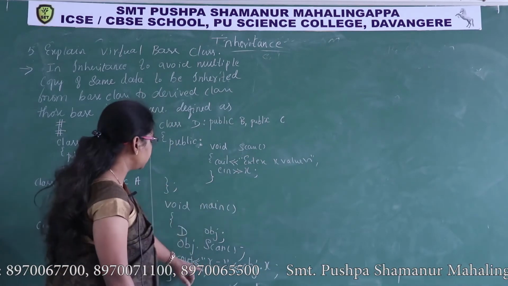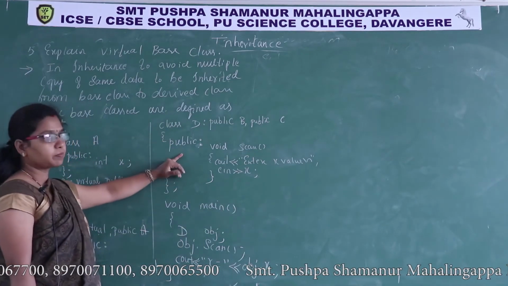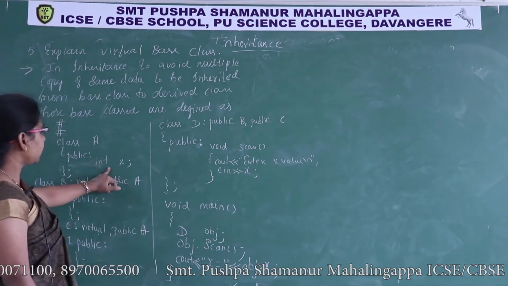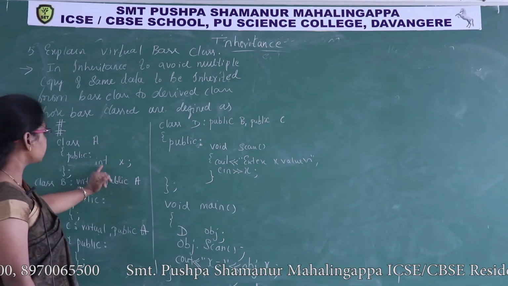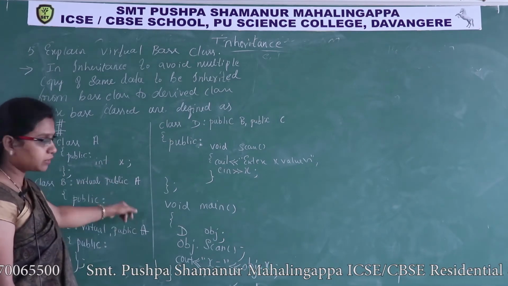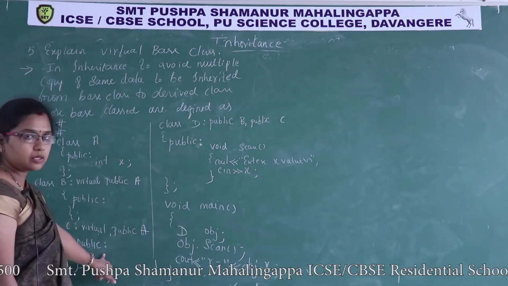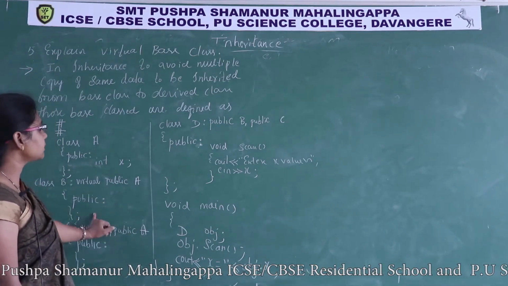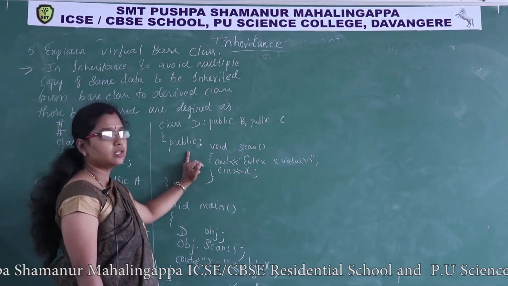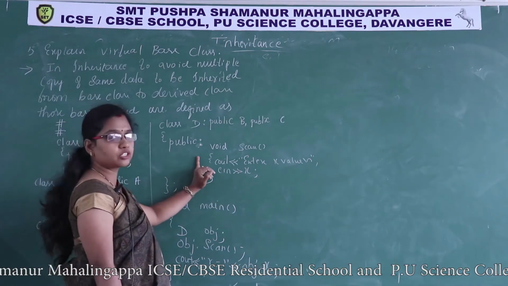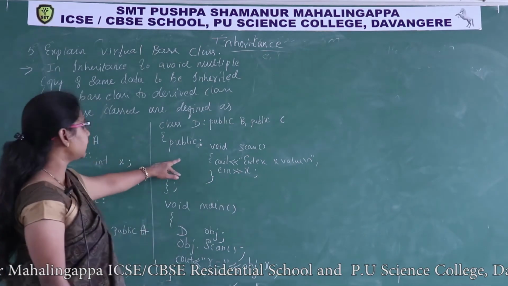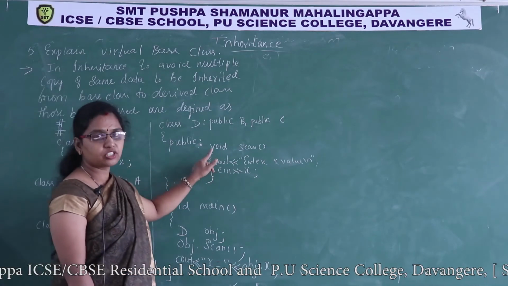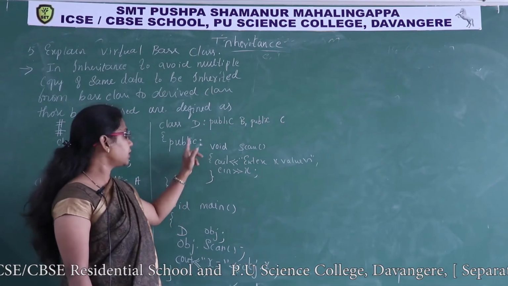So why I have taken here, see x belongs to public section, understood? So base class x value, x data member is inherited to class B, that too in a public section, and class C public section, and from any one of these classes the data will be inherited to class D. Now class D public section also having x value. What are there in the public section of the class D? Int x is there and scan function is there. So the x is a public member.